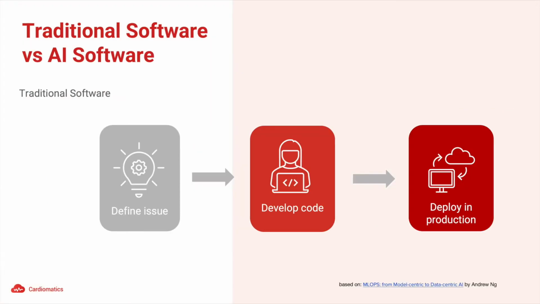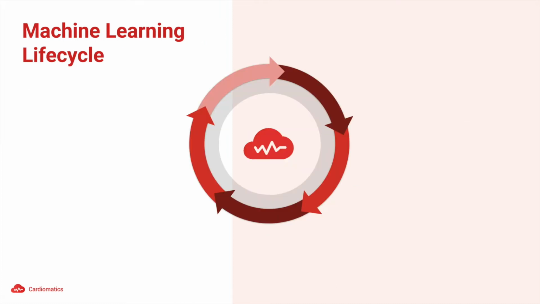So, what is the difference between traditional software and AI-assisted software? With traditional software, we define the problem we want to solve at the beginning. The problem may be, for example, the appearance of the web application for uploading ECG signals. Then the code is created which, after appropriate testing, is made available in the form of a ready solution for users. In the case of software using artificial intelligence, the process becomes more complex.